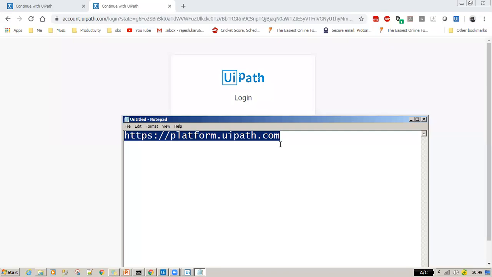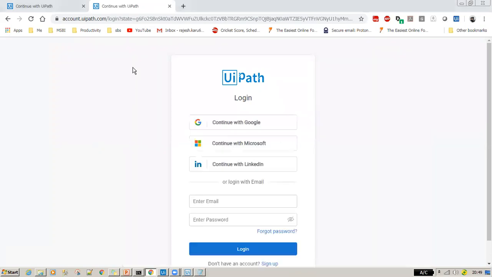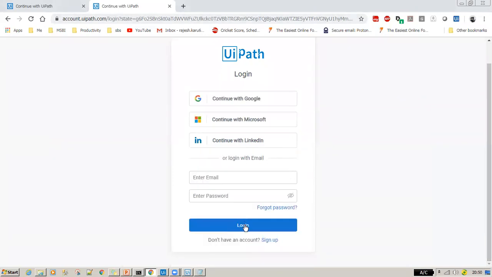If you went to some other organization, they might have some HTTPS port number, some abc.com or xyz.com. For our practice purposes, I am using https://platform.uipath.com.